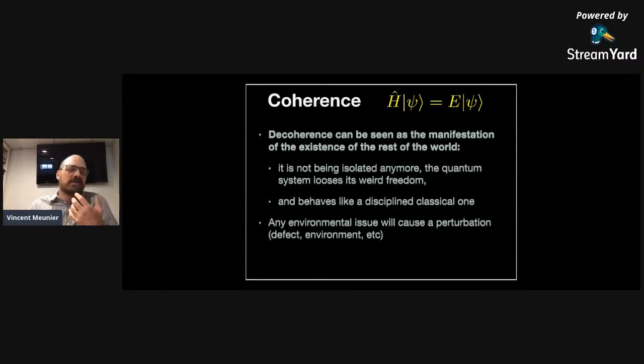And in reality, the existence of the rest of the world, the environment, and any interaction with the environment is going to break the coherence. If you're more mathematically inclined, it is basically saying that the Hamiltonian is no longer the Hamiltonian H, but it's actually modified by a perturbing Hamiltonian, which comes from the environment. And so because of this, the state that you want to work with, like the cat, is it dead or alive, like the Schrodinger cat, is no longer an eigenstate, therefore not a stationary state, and it's short-lived. You can no longer use that state to describe your system. So that's how you can explain this.